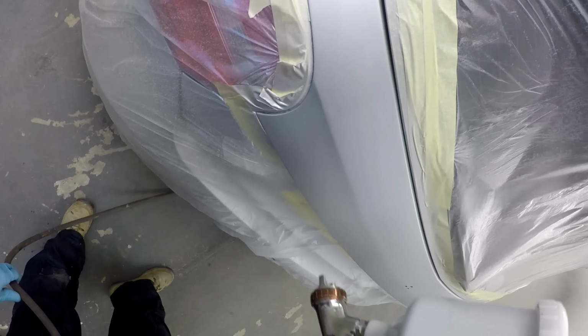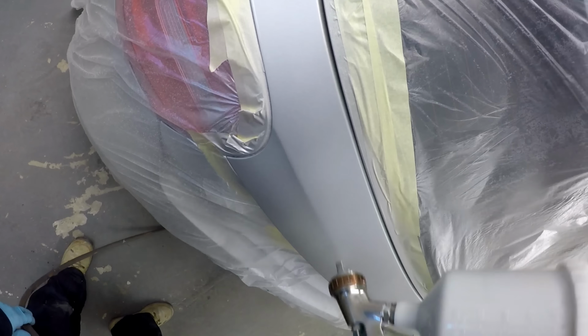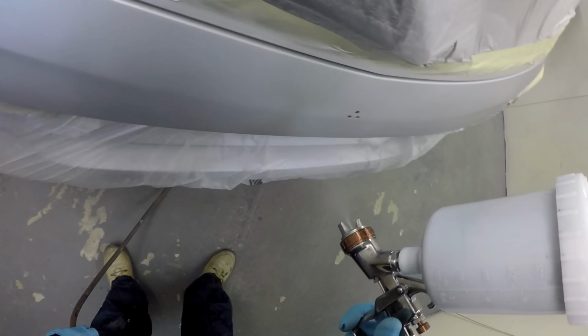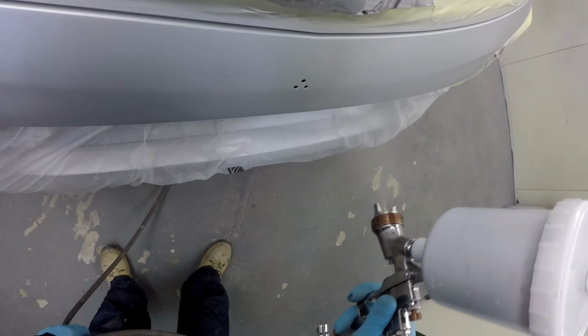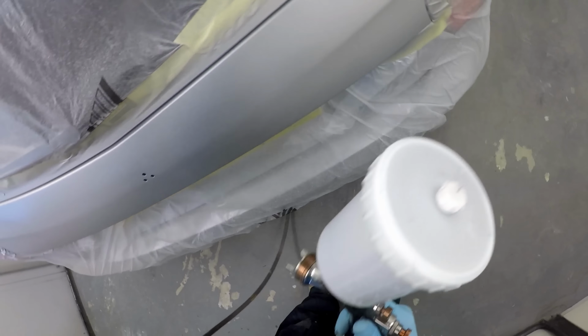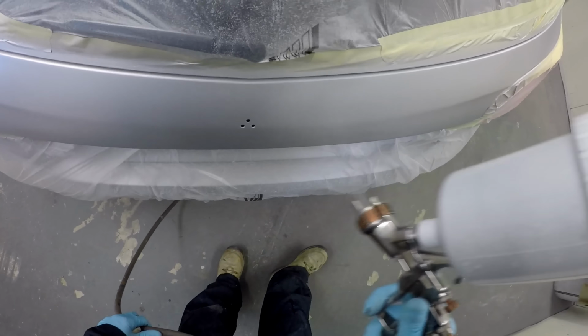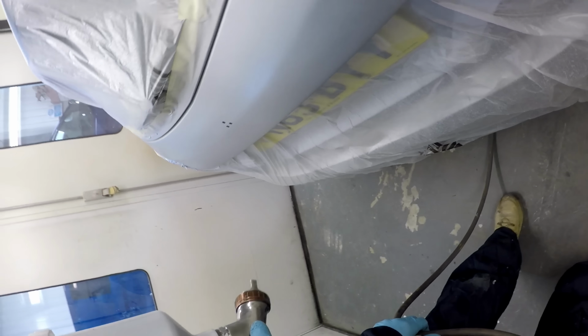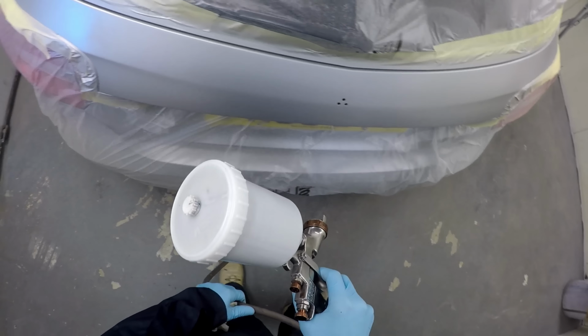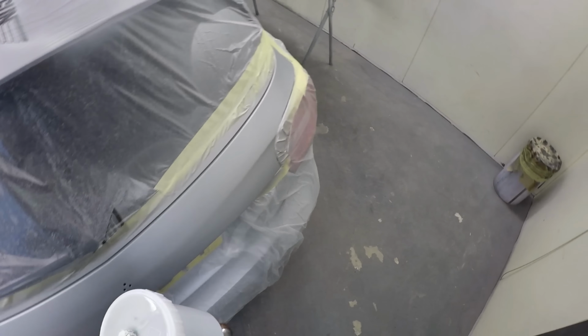And then when I move forward to the next set of panels, which are further forward in where the air would flow, none of the overspray from that job is then going to carry backwards, obviously because of the airflow, onto this job. So I can leave this job uncovered at the very back, and you won't have any issues with it. And it all just comes down to thinking a little bit more about what you're doing and how you're doing it,